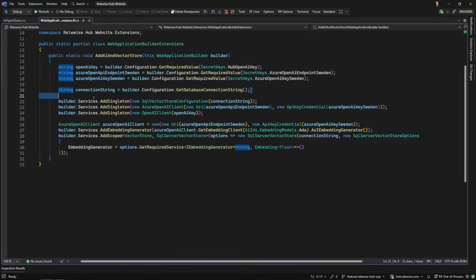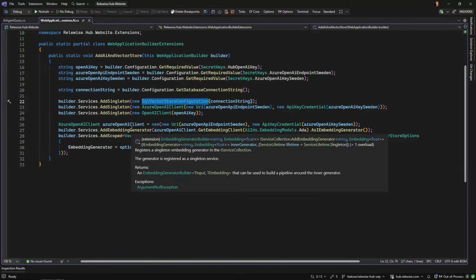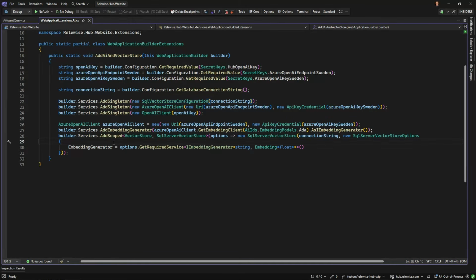I'm getting a connection string from a SQL server because I use the embedding generator, which I also get from here. So the embedding generator is most likely the same model, in my case, ADA 2, every time. So I can definitely do those.